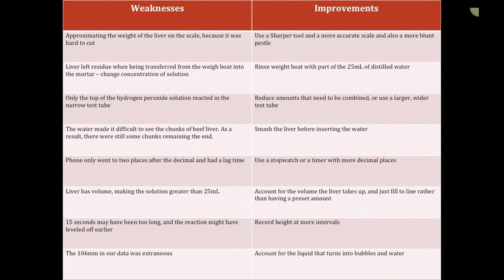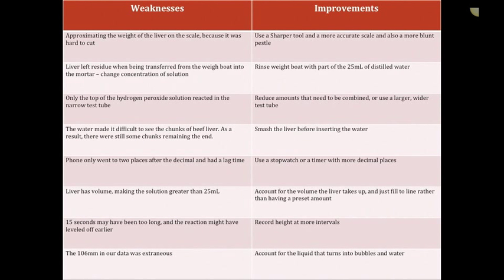The fifth weakness is that the phone only went to 2 places after the decimal and had a lag time. An improvement would be to use a stopwatch or a timer with more decimal places. The sixth weakness is that the liver has volume, making the solution greater than 25 milliliters. To improve, we would account for the volume the liver takes up and just fill to the line rather than